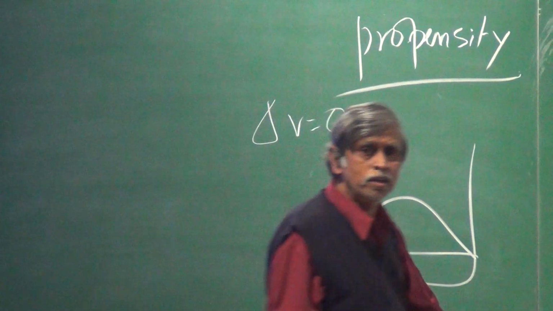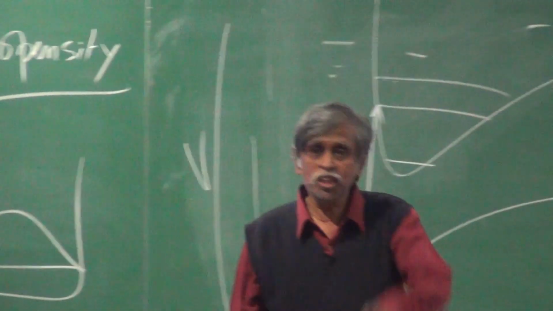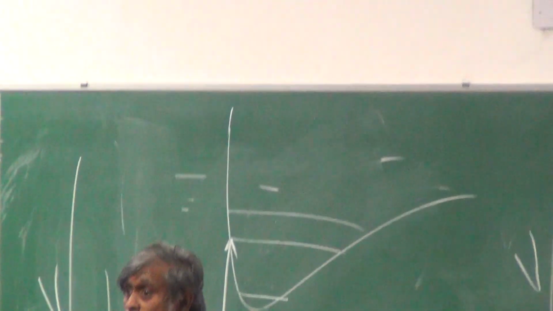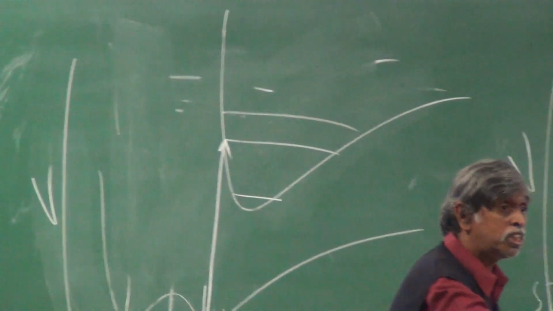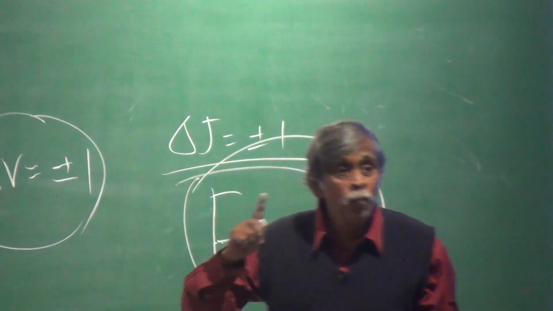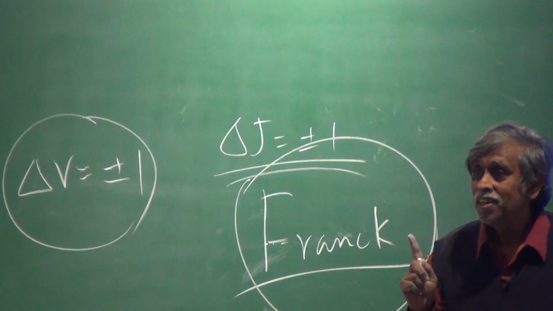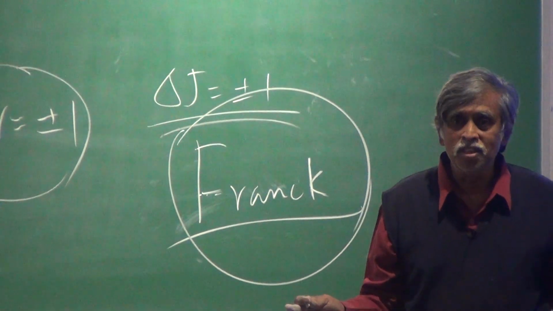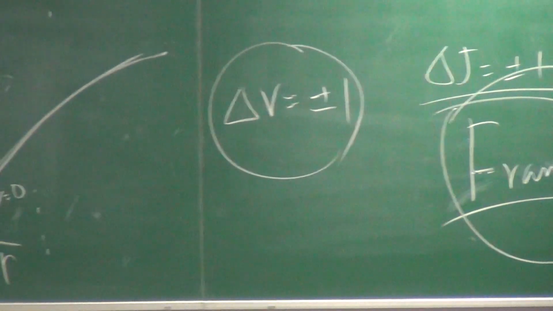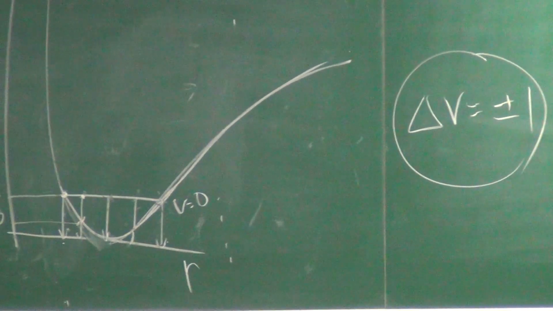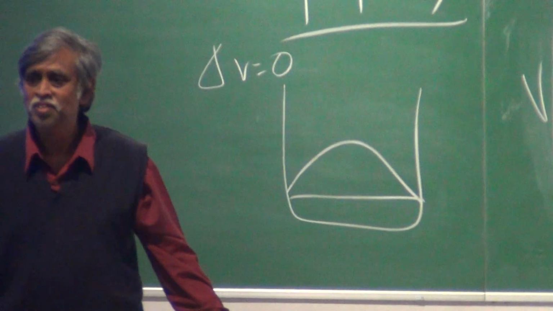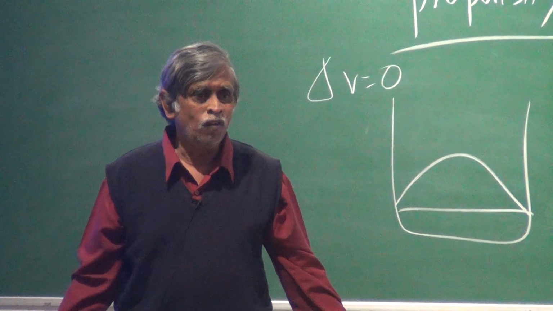And what was Franck doing here? He was saying position is not changing, velocity is not changing, the momentum is not changing. The moment he said position is not changing, he had no business to speak about momentum. And the moment he said momentum is not changing, he had no business to talk about position. But that didn't bother Franck. He just went ahead and said all these things, which was actually shaking the very basis or the cornerstone of quantum mechanics, which is the Heisenberg principle of uncertainty.